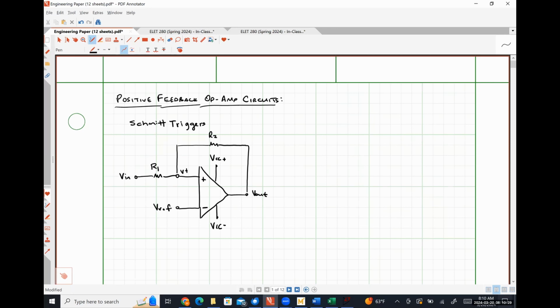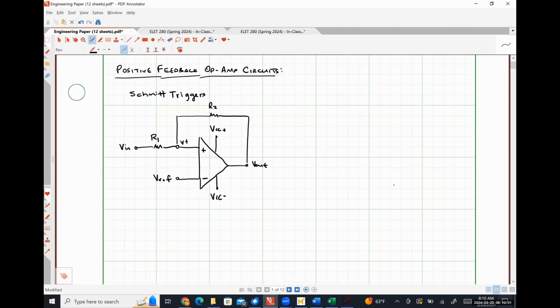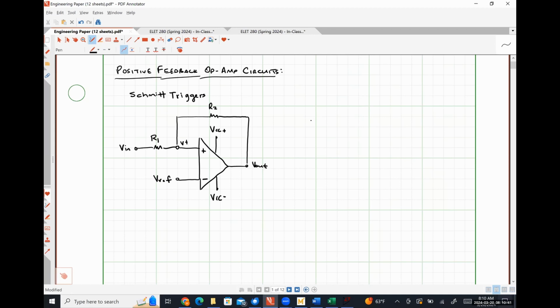So because this is a positive feedback circuit, as I mentioned in class on Monday, we have an expectation of a decreased linear range. And this means that the output voltage